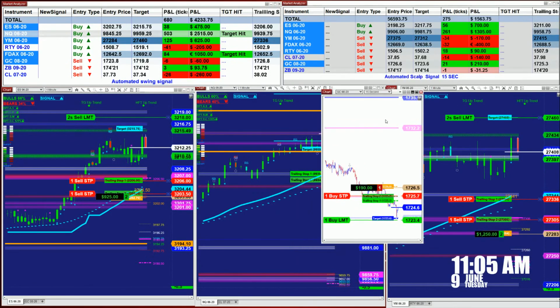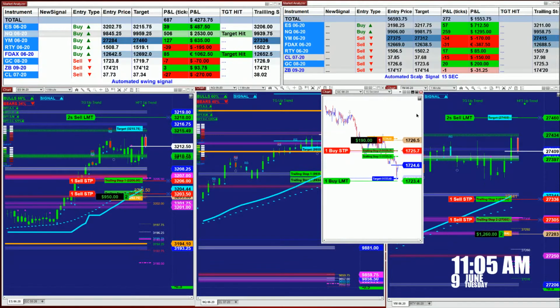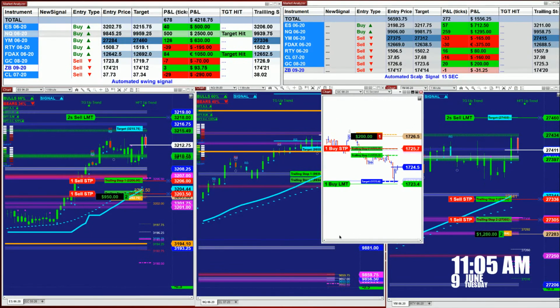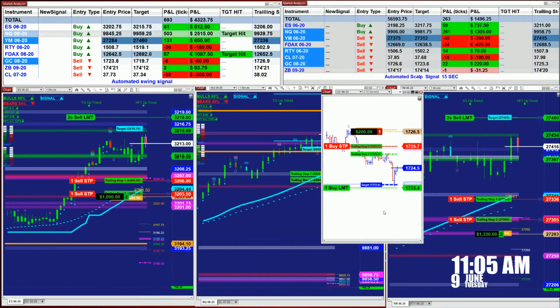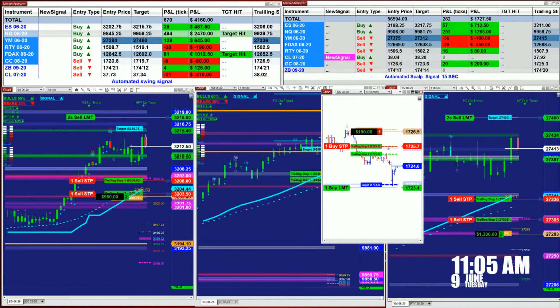The gold goes in the opposite direction. I don't have the gold on the swing trading. I only have the gold on the scalping. As we see, I missed by 1 tick. You see that? I missed by 1 tick. The system estimated 1723.6, and I missed it. So we're going to take it a little bit down. And